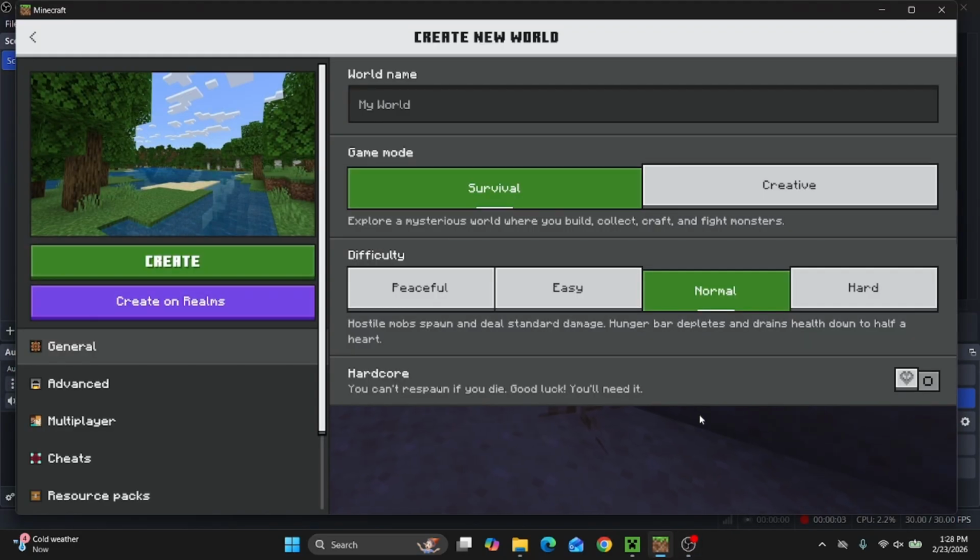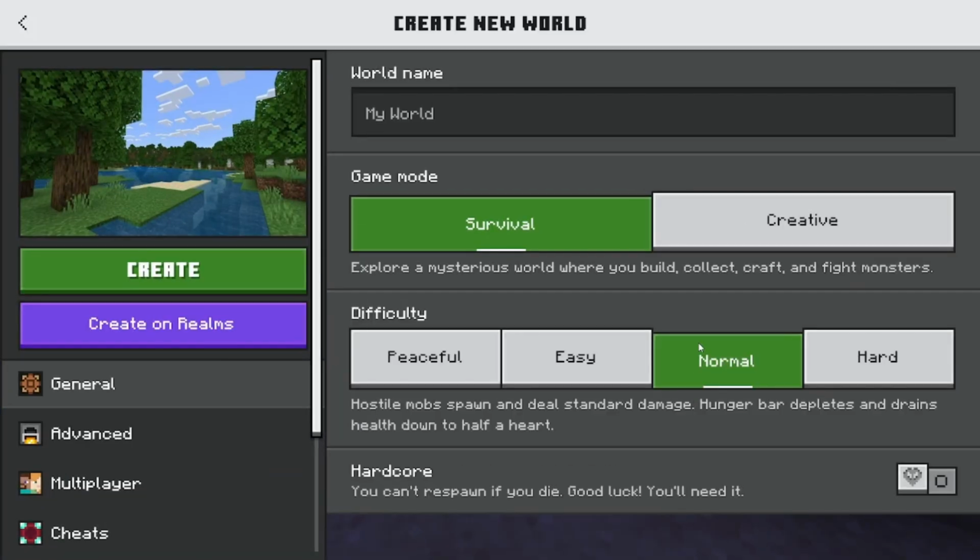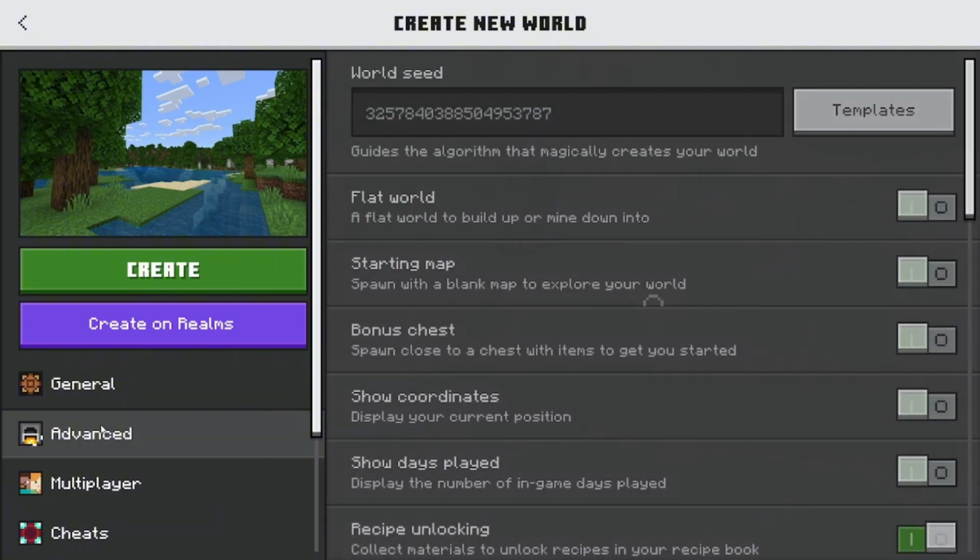Today, I'll be teaching you how to make a Minecraft skygen. Now, we're going to start off by making a new world. And then, you want to go to the world name and type skygen. After that, you want to go to difficulty and press peaceful. And then go to advanced and press flat world,